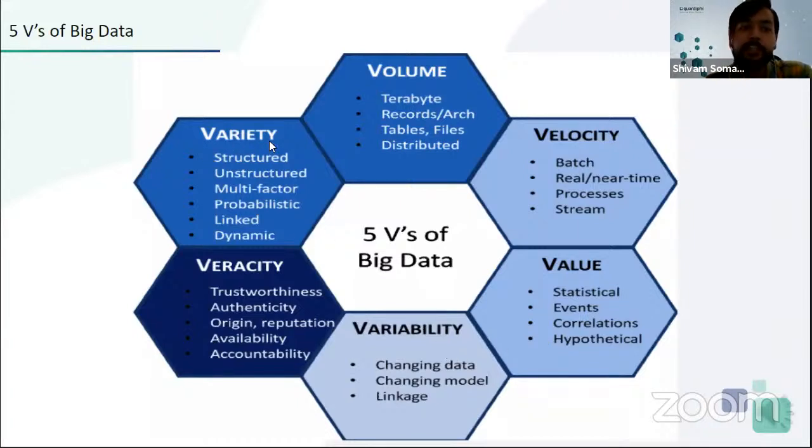Then comes variety of data. The data is coming in various forms. Since we are in an online virtual meeting right now, it's generating video frames, like image frames, and that is basically unstructured data. Whenever someone places an order or buys an insurance policy, that also generates some type of structured or maybe unstructured data.